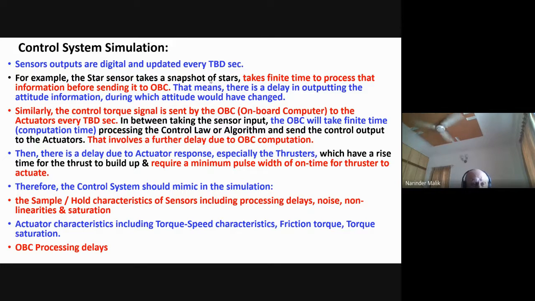Okay. So, like I said, thrusters have a rise time. They require minimum pulse width. Now, if you have a large thruster, it needs a very large minimum pulse width. Because of that one, you will produce a large torque also, and large torque means the smaller spacecraft will respond quickly. So that has a fuel impact. It will require more fuel consumption for the attitude control purposes. So these are the things which have to be very seriously considered, and detailed simulation have to be done.